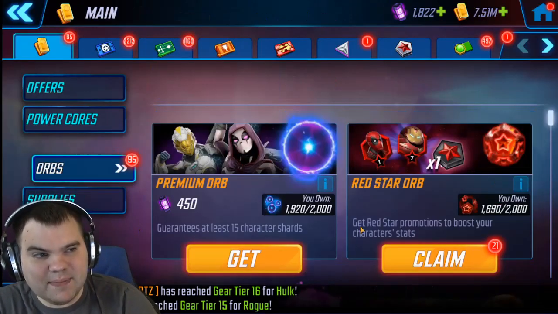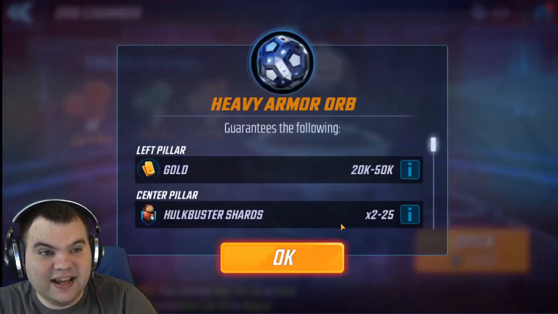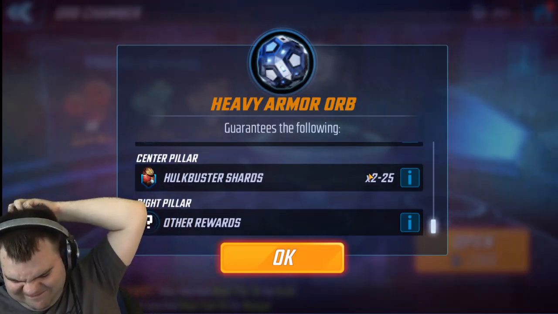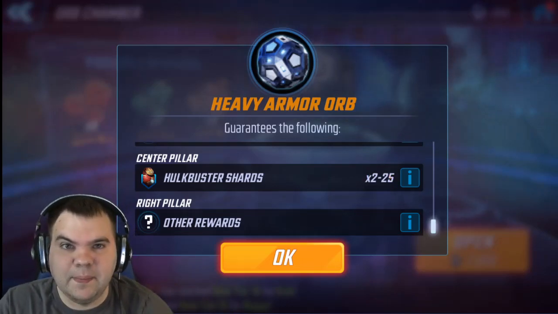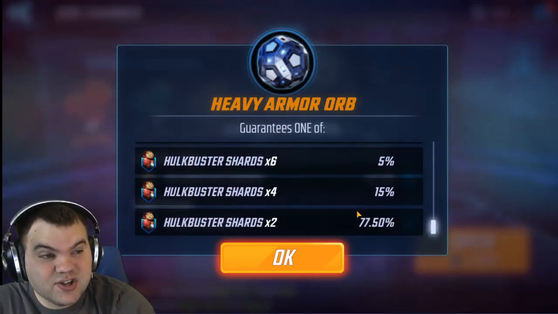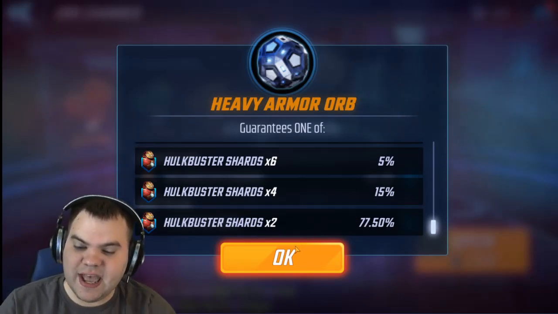But the problem really comes into play with the heavy armor orb, and that Hulkbuster is a 3-star unlock, and this is what really sucks. This is where things are gonna get rough. Wait for my camera to auto adjust there. I know it's a little blurry. Usually you're gonna be pulling 2 Hulkbuster shards, and in my math, in order to get the